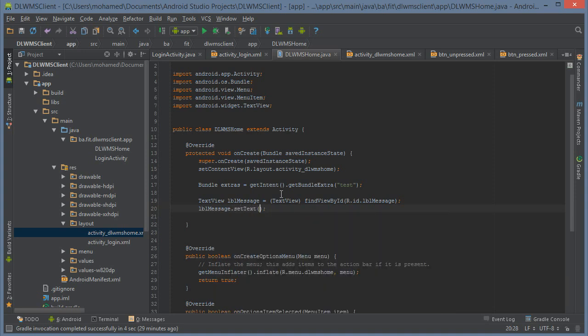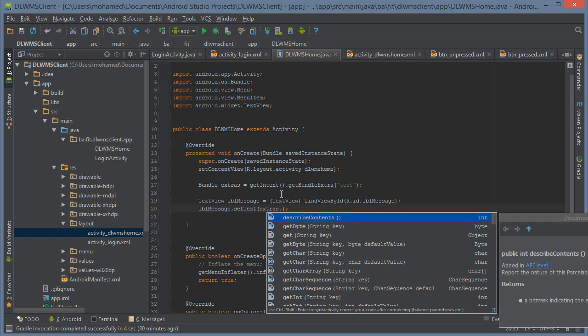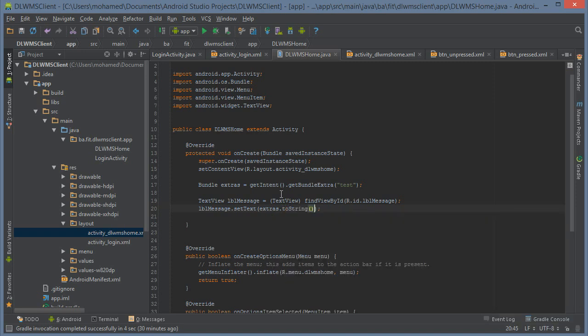And right here I'm just going to put the extras dot to string for now. I could actually just leave it there, or maybe there is no need to, because I'm getting an actual string from there anyway. Let me see. Okay, let's start running this. Actually, since I don't have this running,